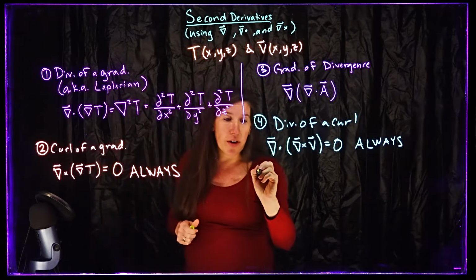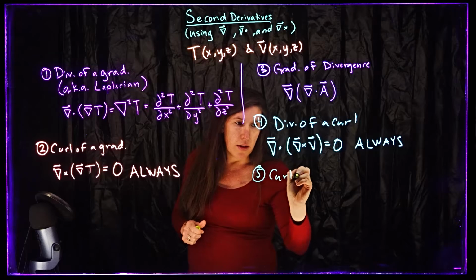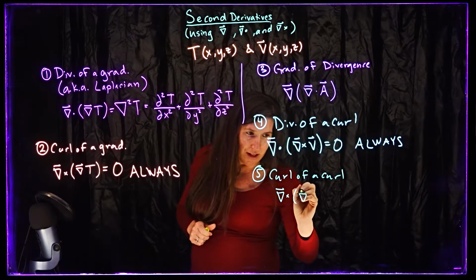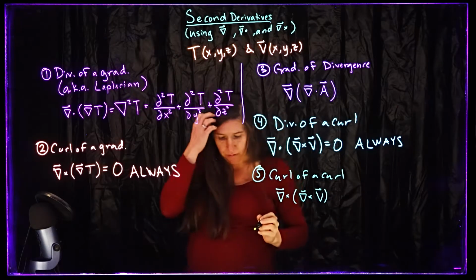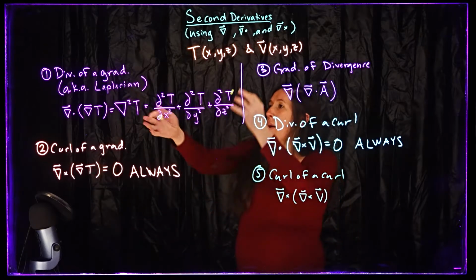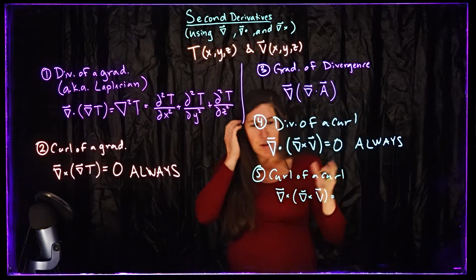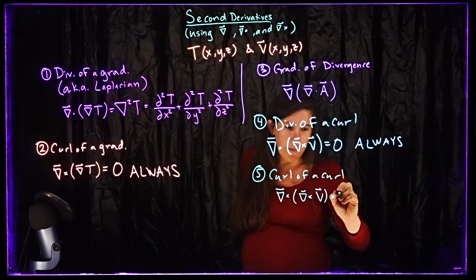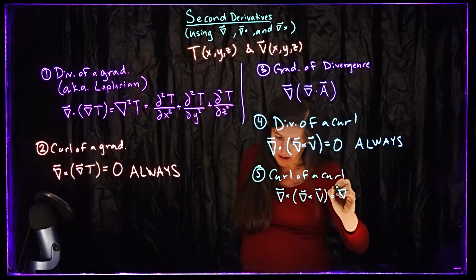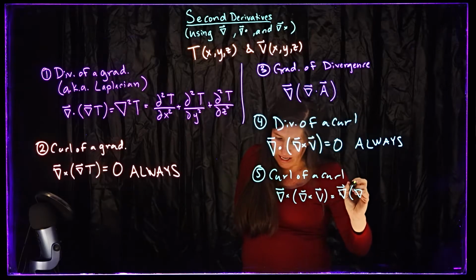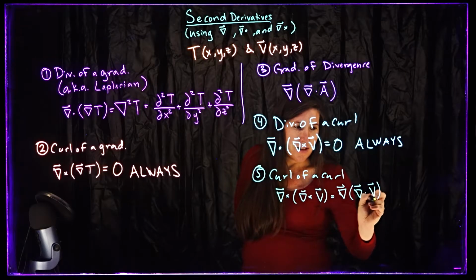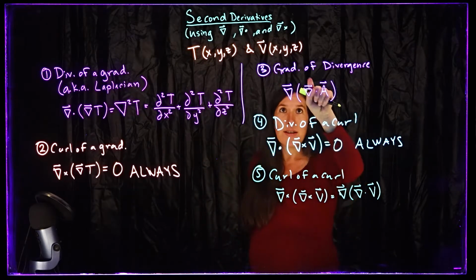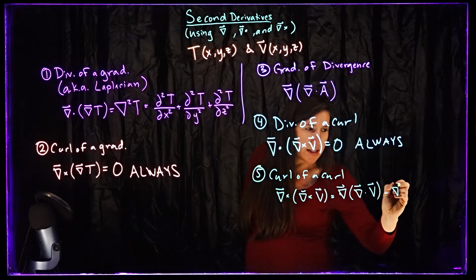And then finally, we have the curl of the curl, which is del cross del cross our vector field V. This, it turns out, is really just a combination of other second derivatives that we have. So in some ways, we don't really think about it as a unique second derivative that we would want to consider, though we could. This is really del of the divergence, del dot V, which is this guy right here. So the first piece is just equal to number 3, minus the Laplacian